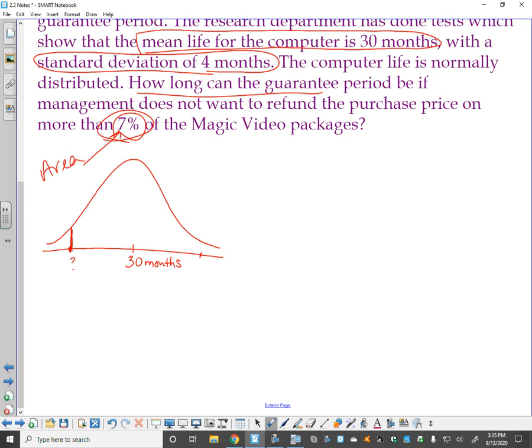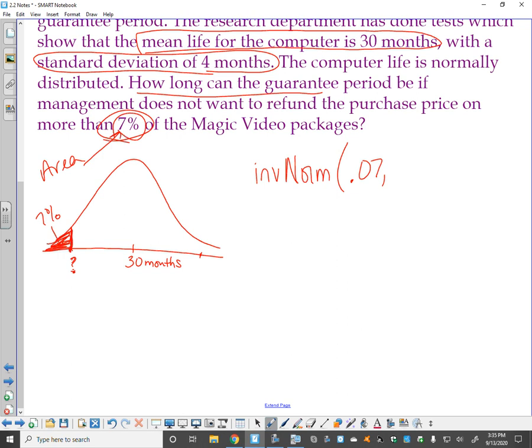So guys, this right here, this is a question mark. This area right here is 7%. So I have the area. I need to know what value will cut off that much area. So I'm going to use inverse norm. Now remember, inverse norm does percent to the left. Well, I have percent to the left. It's 7%. So 0.07